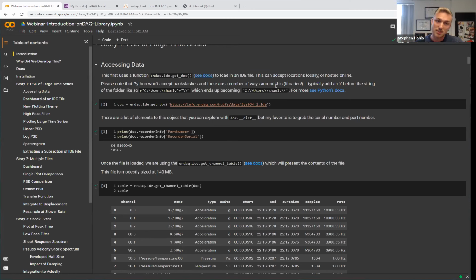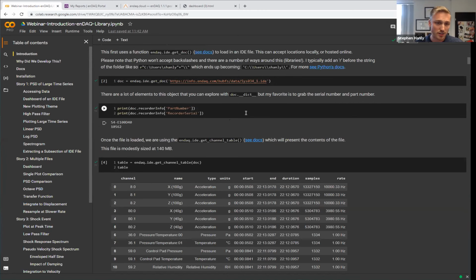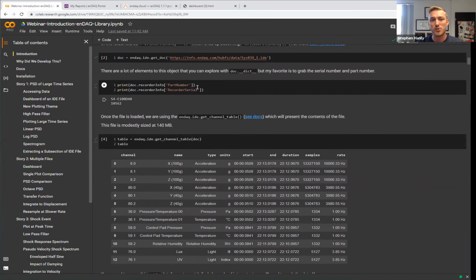So this is a really simple interface to get the object of your data out. I know not all of you are customers, so I'll come through here, but I do want to call out that once you have the object of the data, there's some elements or methods associated with that, which is nice. So you can see what was the part number of the device that recorded this data, the serial number,